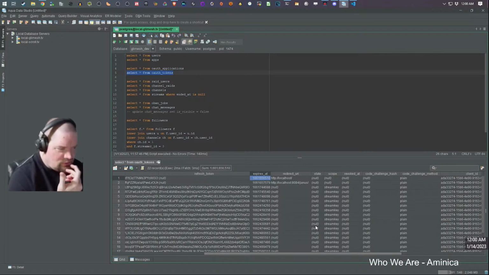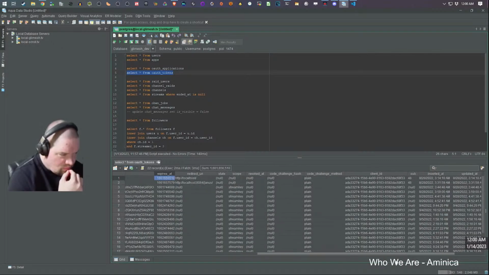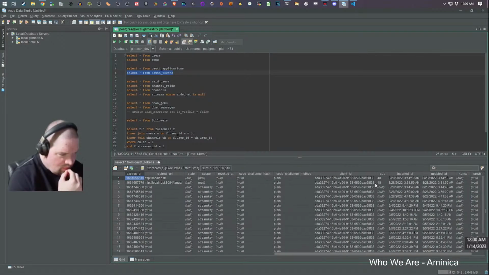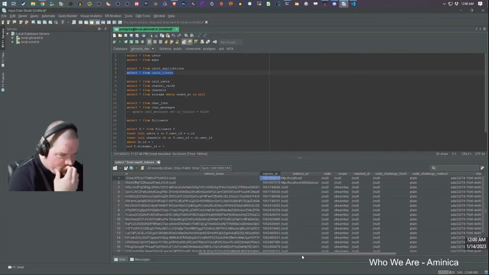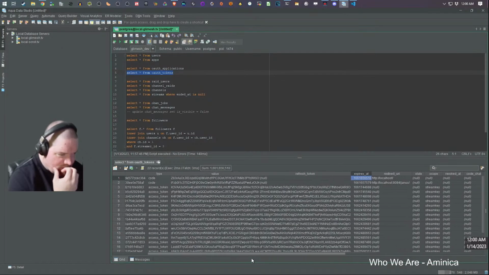Like, it seems to me like you should just pull back anything that has the subset and revoke that as null. Because expires, that doesn't make any sense.